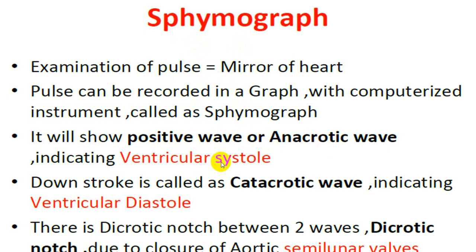It indicates ventricular systole, and the downstroke that we see is called the catacrotic wave, which indicates ventricular diastole. During that downstroke, you see a small notch, which we call the dicrotic notch, and this notch corresponds to closure of the aortic